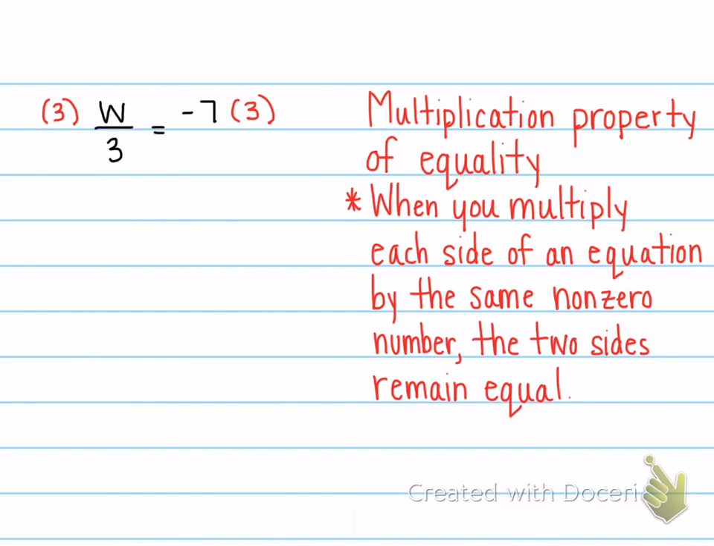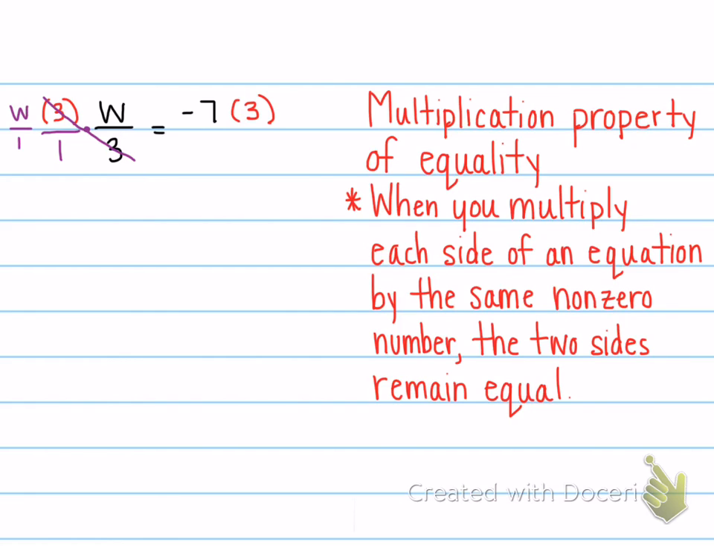Okay, now let me explain why this actually works. If I'm going to multiply the left side of this equation by 3, you have to realize that 3 is actually 3 over 1. Okay? And if we're multiplying 3 over 1 times W over 3, we learned that when you're multiplying fractions, you can simplify on the diagonal. So when I simplify on that diagonal, these 3's cancel out, and I'm left with W